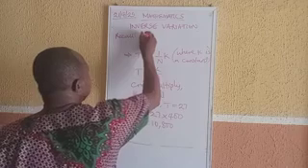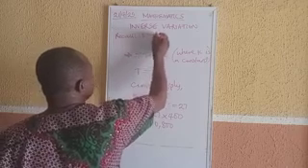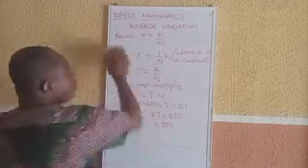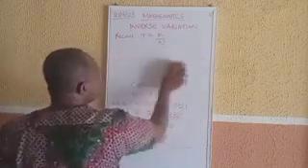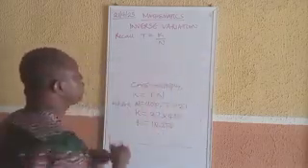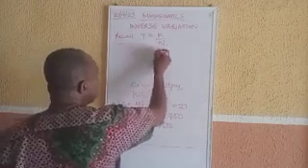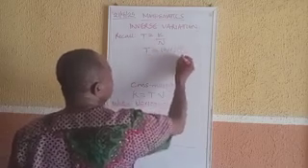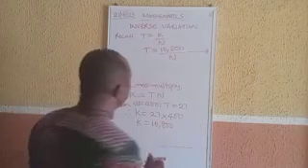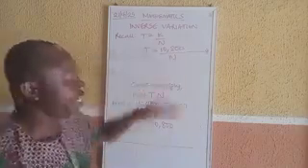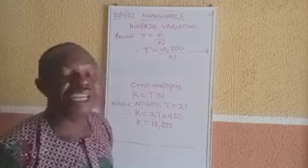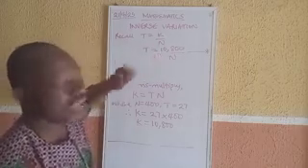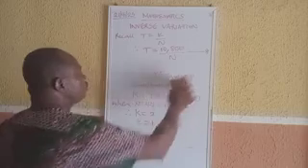Recall that T equals K over N. So if we now put our value for K there, T equals 10,800 over N. Yes. This is the relationship that is connecting T and N, or the law of variation. Now, with these two in our hands, we can now solve the two questions